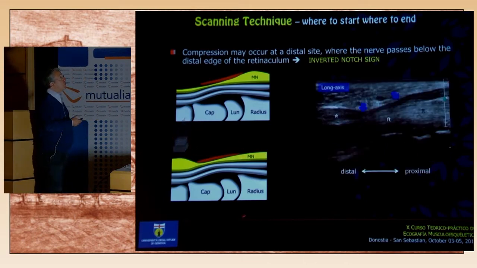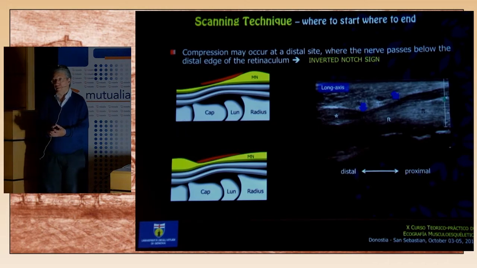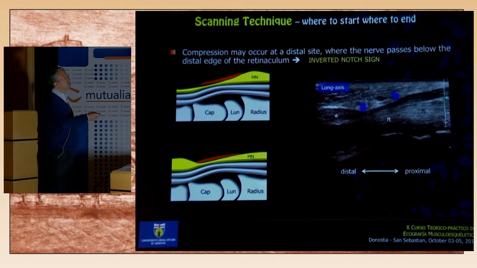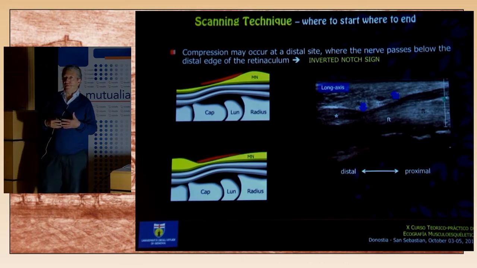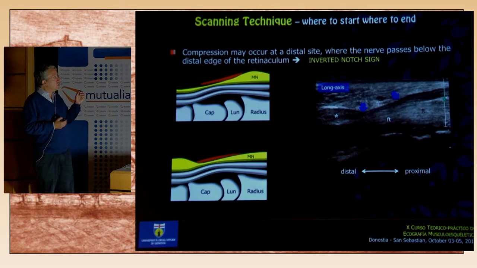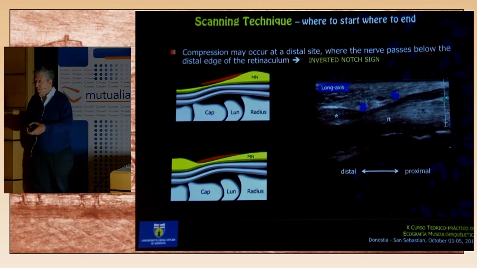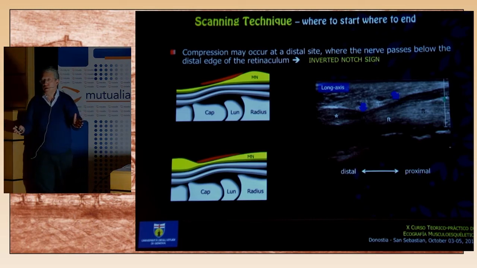And of course, in these cases, when you have to calculate the cross-sectional area, you have to calculate it at the point of maximal compression. It makes no sense to measure the nerve proximally here. So to me, this is not really recognized by everyone in the scientific community. But to me, the best is to measure the cross-sectional area at the point where there is the maximum enlargement of the nerve, because this is the point of maximum severity. You shouldn't refer to a landmark. If not, you can